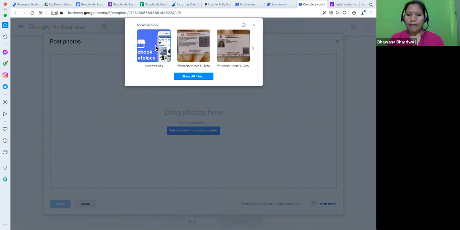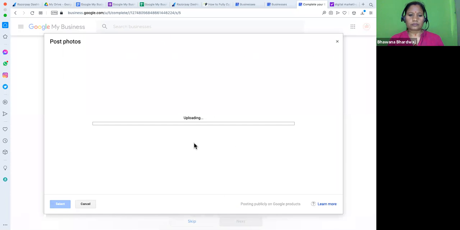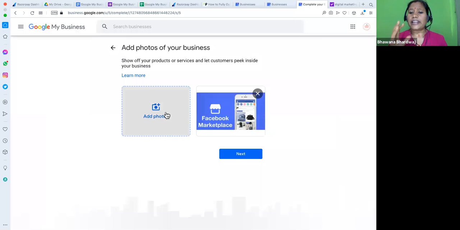So you can have some photographs. You must have some related photographs here. The photograph should always be related to your business, and whatever message you are sending, that message should be there. It can be your personal brand, your own photograph, your brand photograph, your product photograph, your team photograph, or your office photograph.